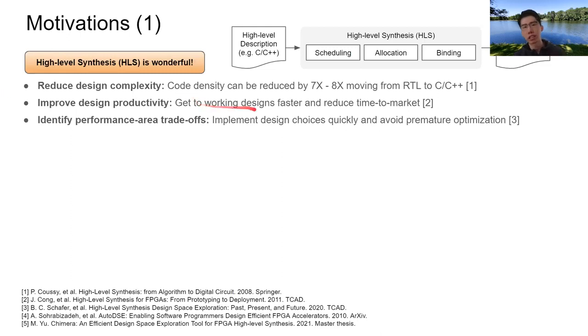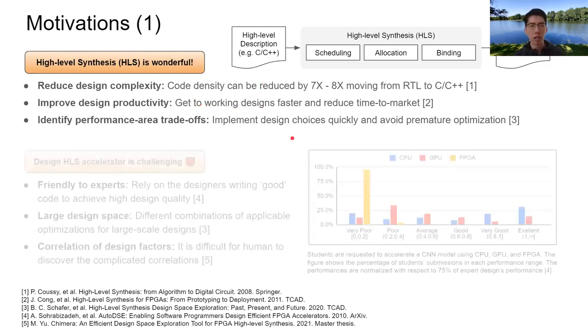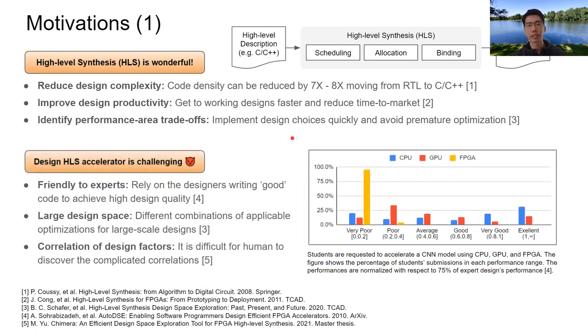Although HLS provides all of these advantages, designing an HLS accelerator is still challenging. Here is a very interesting experiment. Students are requested to accelerate a certain model using CPU, GPU, and FPGA. And when targeting FPGA, they are asked to use HLS synthesis to design the accelerator. This figure shows the percentage of student submissions in each performance range. Here, the performance is normalized with respect to 75% of expert design performance. So you can observe